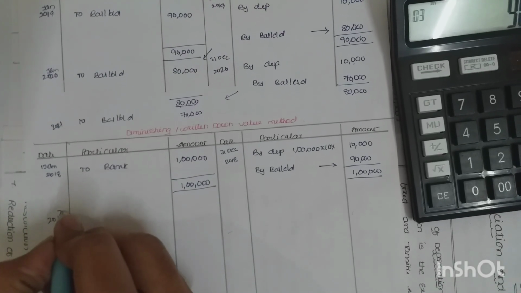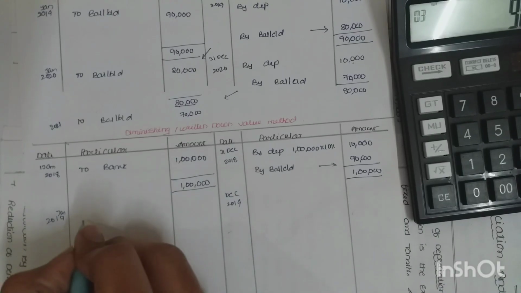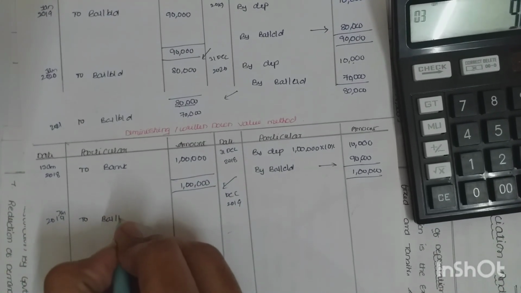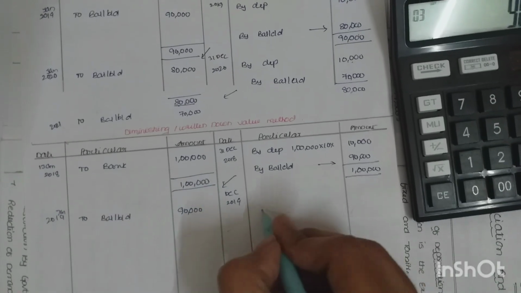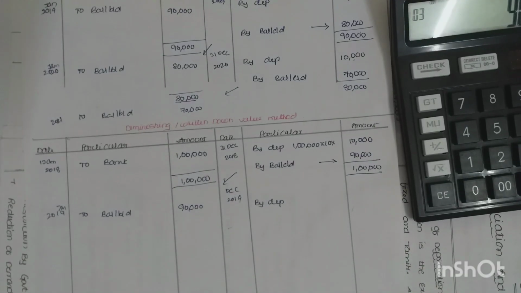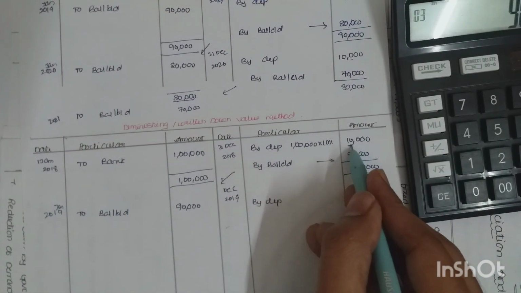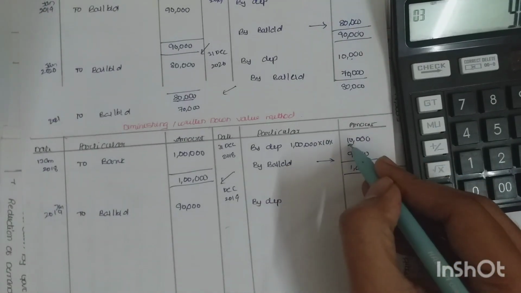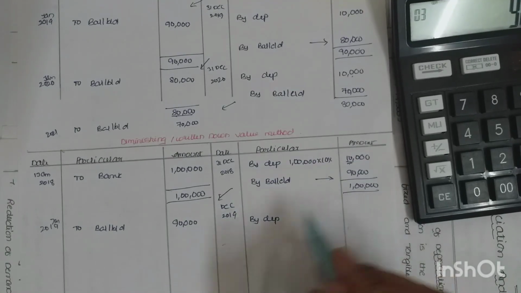2019 January ends in December 2019. You know this one, to balance, you have to carry this balance to balance brought down, how much? 90,000. Now by depreciation you have to provide. But under the diminishing balance method, till now what we did, once we calculated the 10,000, we have taken the same amount again. That's why it is called the fixed installment method or equal installment method.